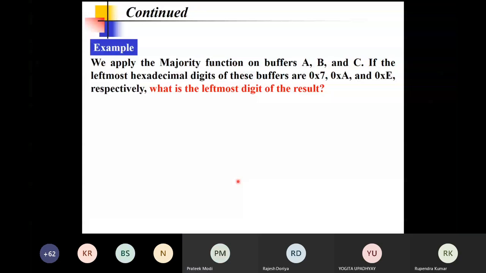E is the answer. E is the answer. E is the answer, sir.